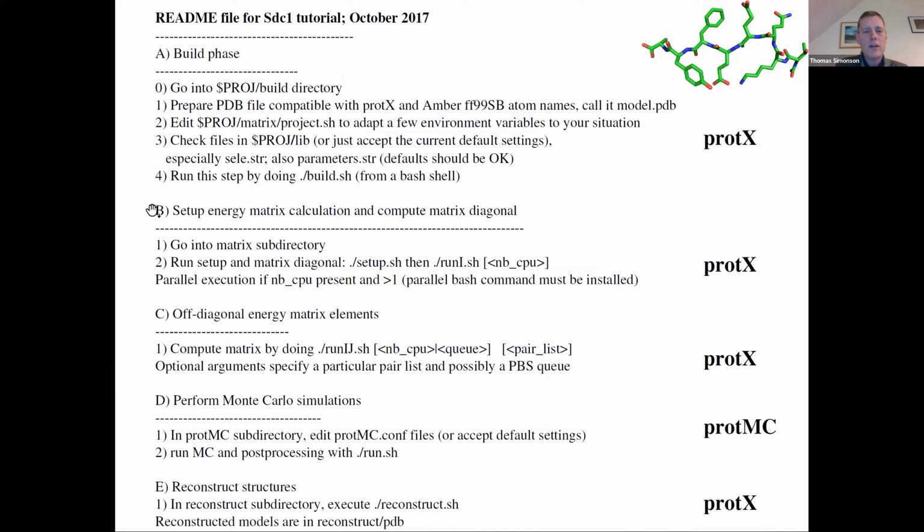And then you basically have shell scripts that control the different calculations. And at this point here, you have an opportunity to use the GNU parallel tool to parallelize some of this. And then the PRODMC, the Monte Carlo calculations, those are parallelized within the bash. You don't see it here on the command line.